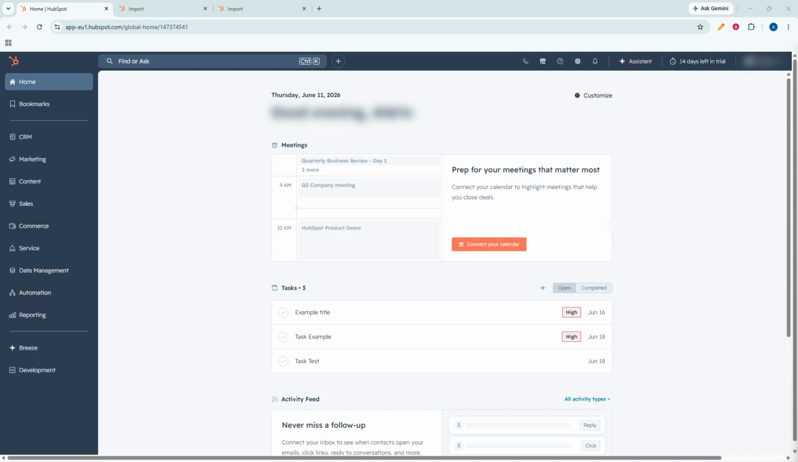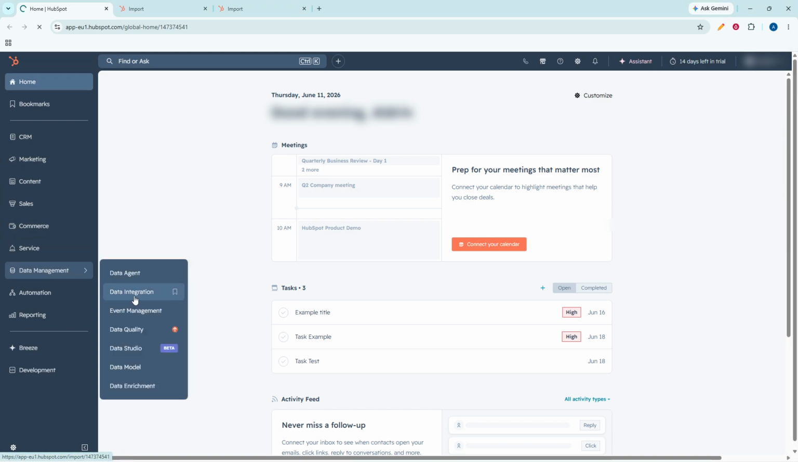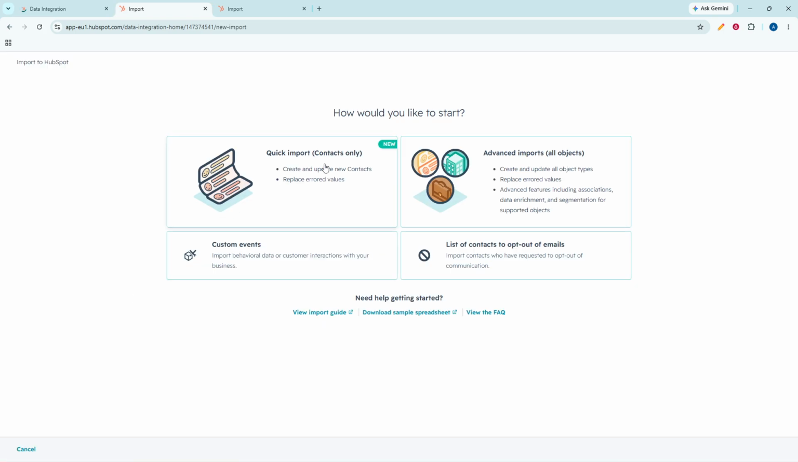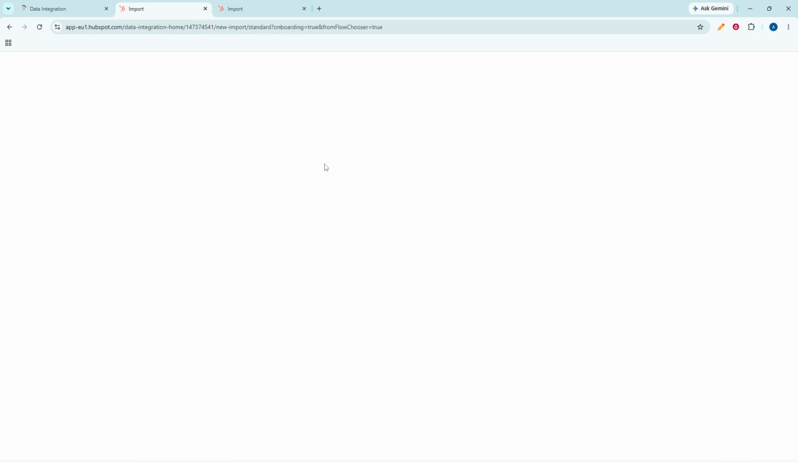In today's video, I'm going to teach you how to import contacts to HubSpot CRM from a spreadsheet. To get started, sign into your HubSpot account and make sure you're in the correct portal before making any changes. Once you're logged in, open the data integration area, then click the option to import data. From there, choose to import a file, which will take you to the contact import screen where you can begin